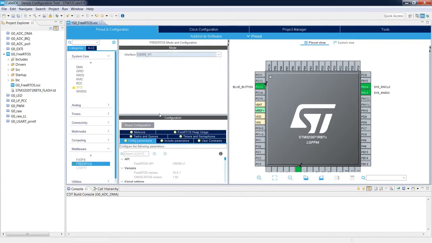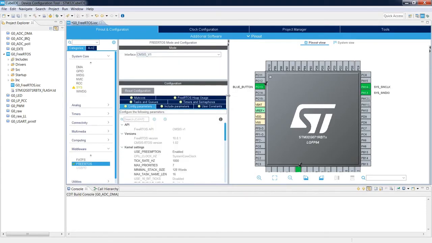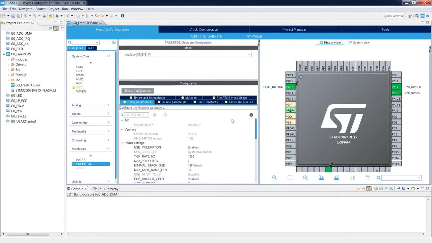So we select CMSIS v1, and within the configuration window, we can see a lot of new tabs related to FreeRTOS. The first two, config parameters and include parameters, are important because they in fact create the skeleton of the operating system, and they reflect the main configuration file within FreeRTOS, which is the FreeRTOSConfig.h file.